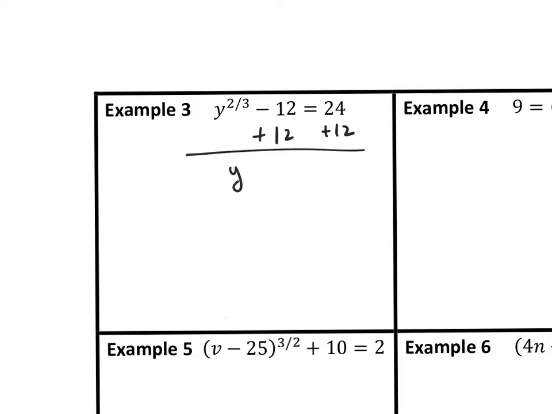I'm going to end up with y to the power of 2/3. These are going to cancel. Equals 36. Step 2, raise both sides to the power of the reciprocal. And so what's the reciprocal of 2/3? What's 2/3 flipped? It's 3/2. Okay, so these are going to cancel. They're going to multiply, and so I'm left with y equals, and now what I want you to remember is,